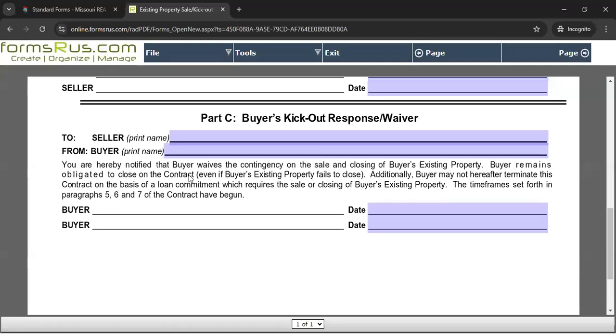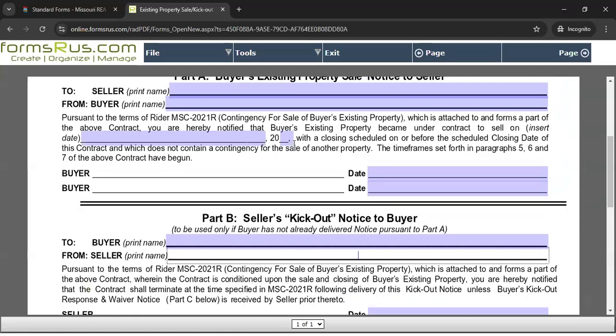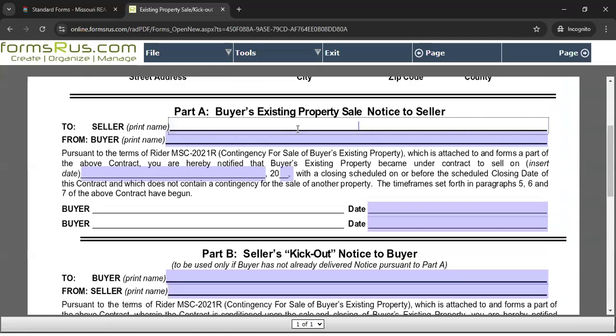We remain obligated to close into this contract. We may not terminate this contract based on a loan commitment which requires the sale. So we're signing off and admitting the fact we understand I can no longer send you a lender denial letter. Hopefully you are actually submitting this one up here saying, hey, we got under contract. Now,